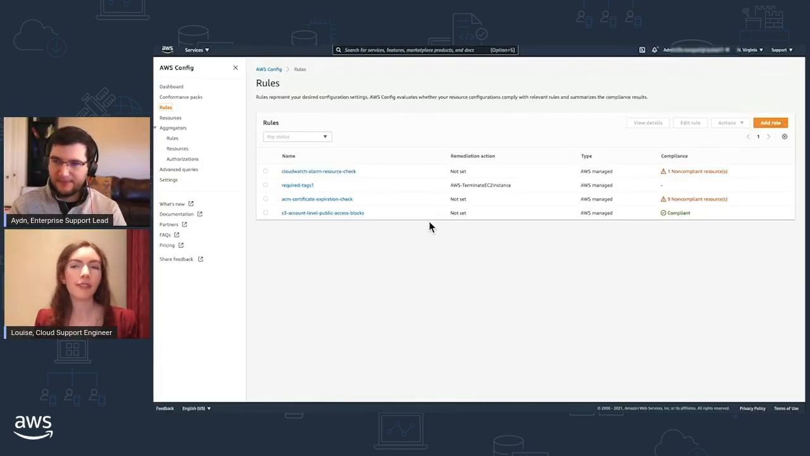So Config is our service where basically you can have a managed compliance service. It monitors and records your AWS resource configurations and allows you to create rules for evaluation, which is what we're going to be doing now on the rules page here. So what you can do is you can create a rule against your resources, and it will let you know if it's compliant with your desired configurations. So for the purpose of this, we're going to create an IAM one, and you're going to go up here, click add rule,